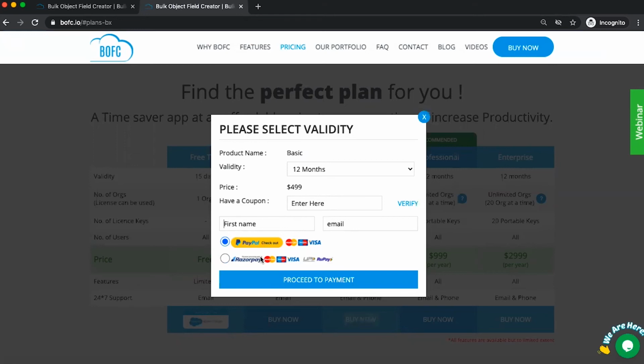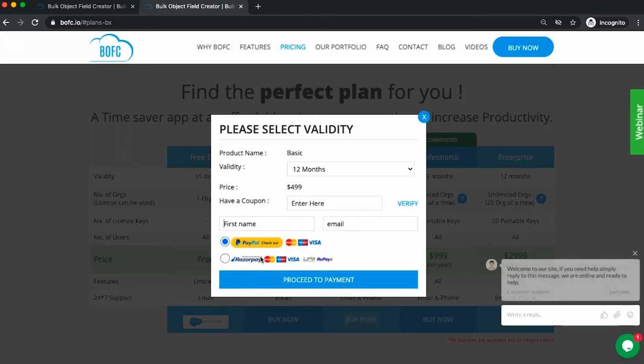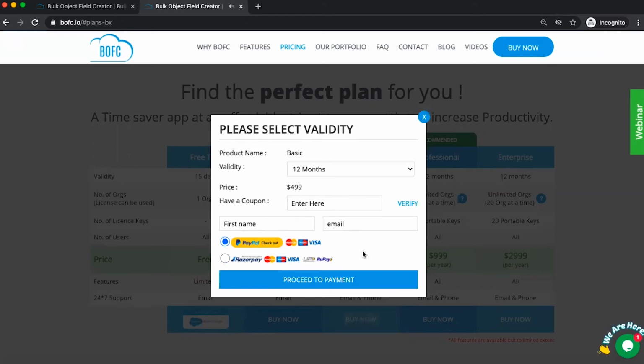You can also pay via credit card, debit card, or Amex card. All the options are available for you, right? So once you have selected the payment method, you can just click on proceed to payment and complete your transaction. Within 1 to 2 hours of your transaction being complete, you will receive an email